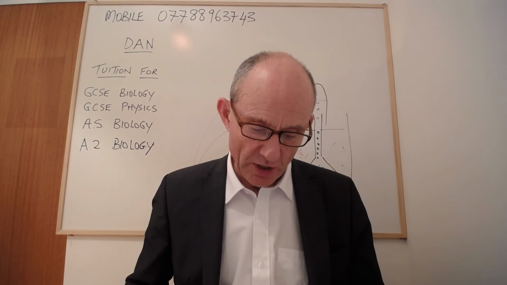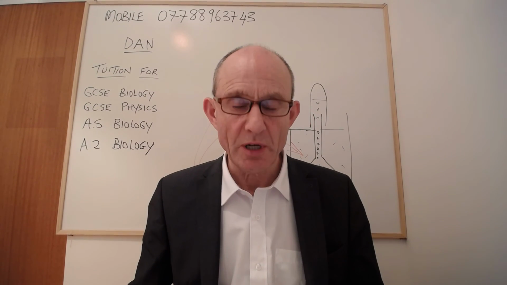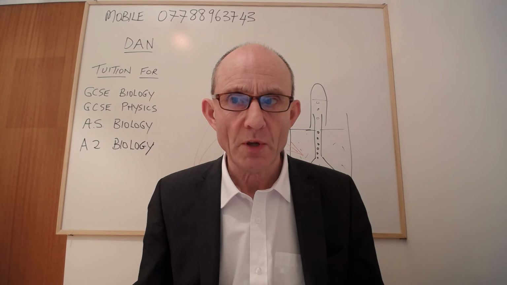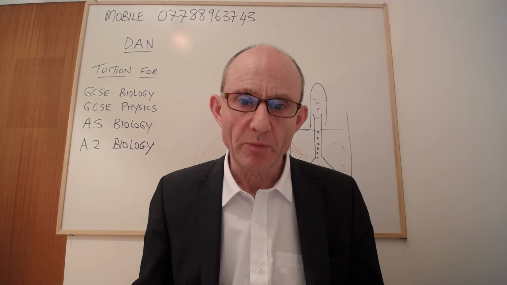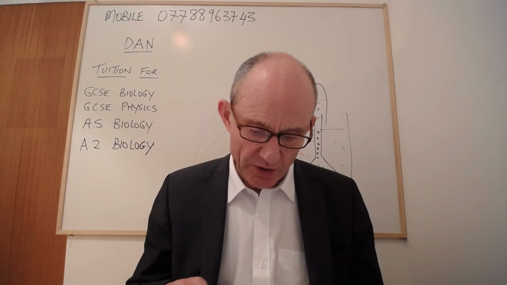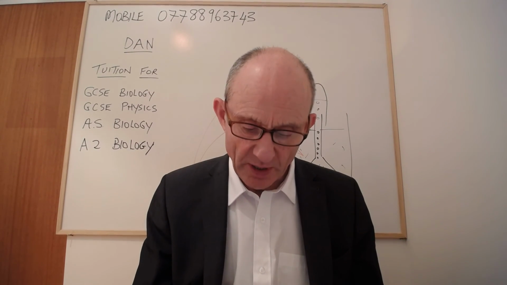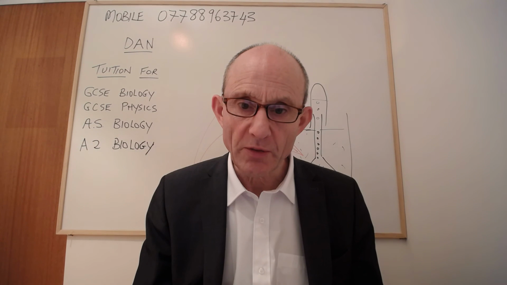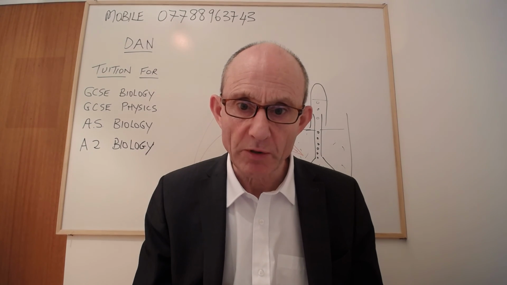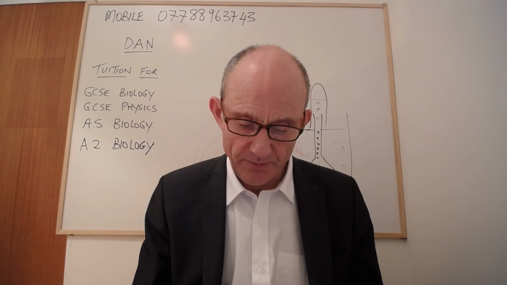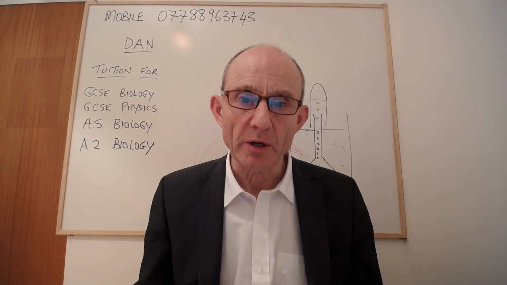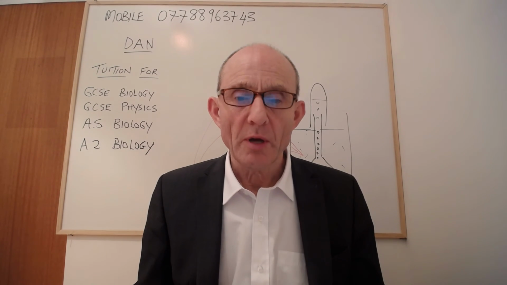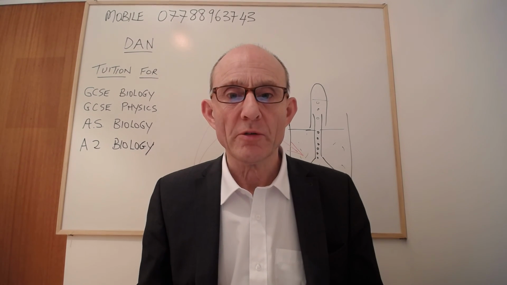It then says, suggest why leaves in shady positions, so leaves that would be covered over by other parts of the plant and wouldn't be getting sufficient light, are often broad, thin, and darker. So there's 3 things. Broader, and thinner, and darker. Why are they broader? Well, broader because if you're a shaded leaf, then you have a larger surface area,